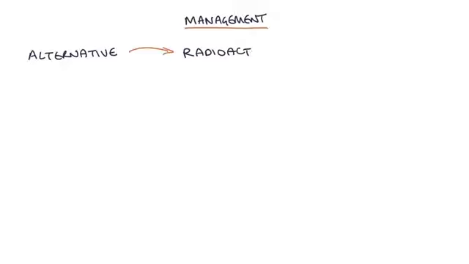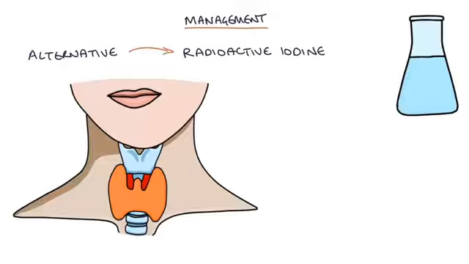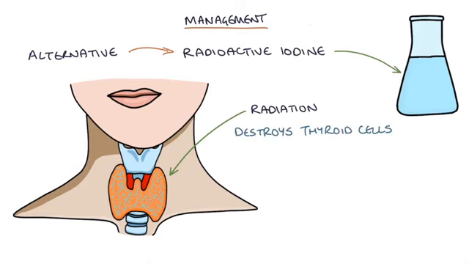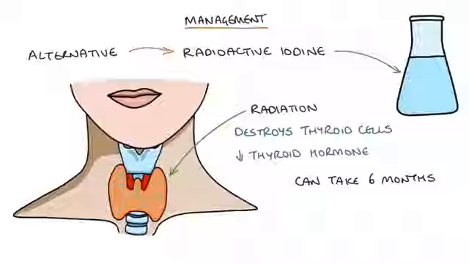Another option is radioactive iodine, and this involves taking a drink that contains a dose of radioactive iodine. This iodine then is taken up by the thyroid gland, and the radiation that's emitted into the local area destroys a portion of the thyroid cells. And this reduction in functioning of the thyroid cells decreases the amount of thyroid hormone that's produced, and so you have remission from the hypothyroidism. But remission can take about 6 months, and the patients can actually be left with hypothyroidism afterwards and require levothyroxine